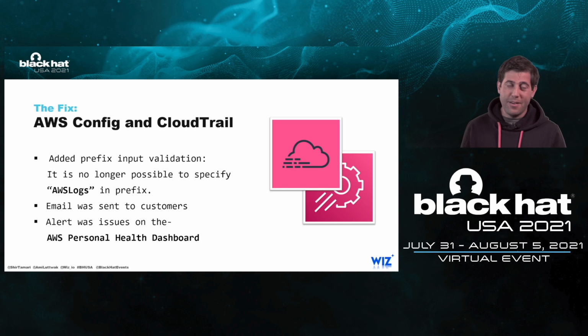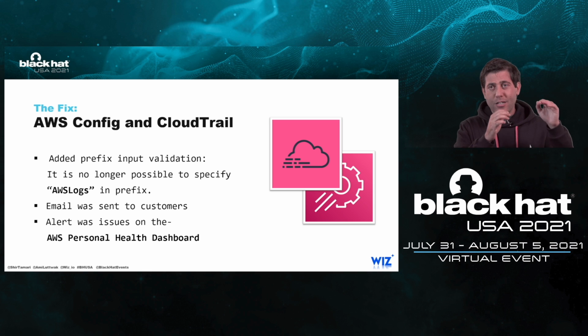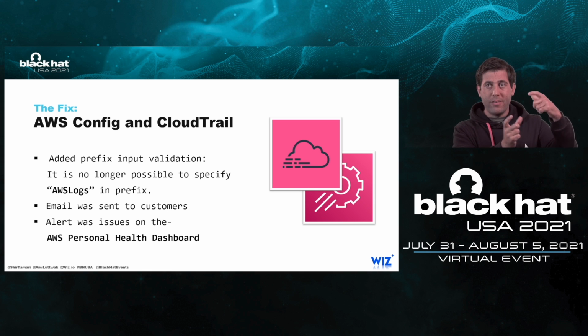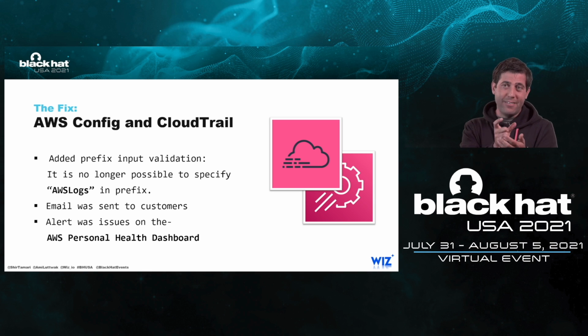We should say that it was closed only for customers that really go and actually take the documentation from AWS and do exactly as it says, right? Because many customers did not close the vulnerability this way. If they just gave CloudTrail access to the entire bucket, which we've seen many customers do, because again, we trust AWS services, then they're still susceptible to this vulnerability.